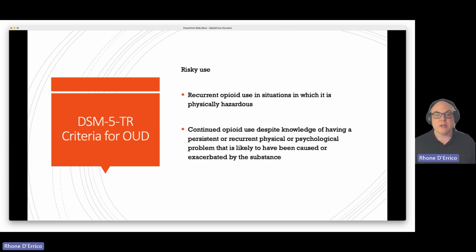Prior to becoming a psychiatric nurse practitioner, I was an emergency department nurse practitioner for many years, and we would regularly have patients come in who were injection opioid users, with issues ranging from giant abscesses under their skin to life-threatening infections. And you would see them over and over. They would keep coming in, and that is OUD. They were continually using, even though they were putting their lives at risk very directly because of the effects of their use.